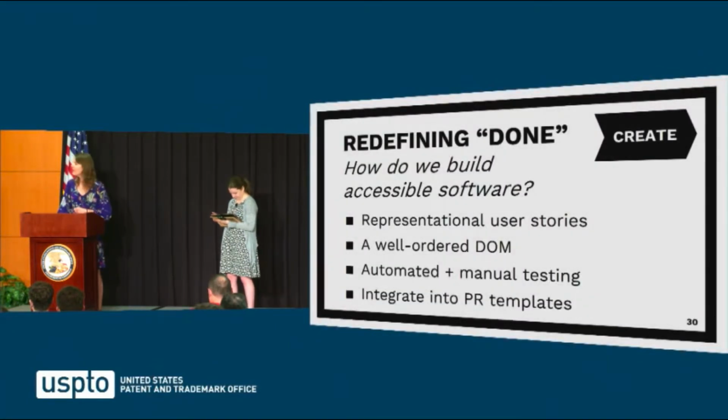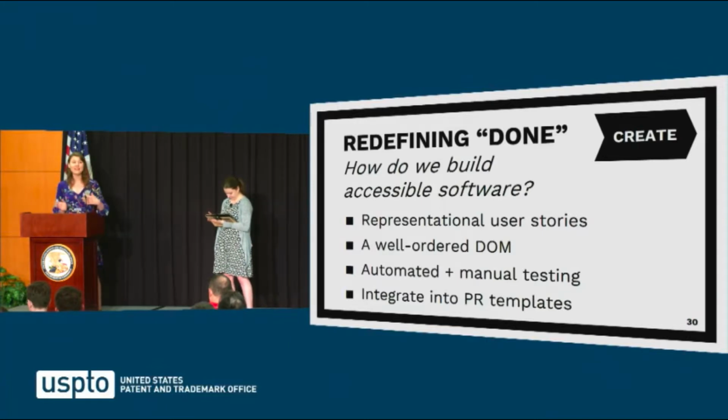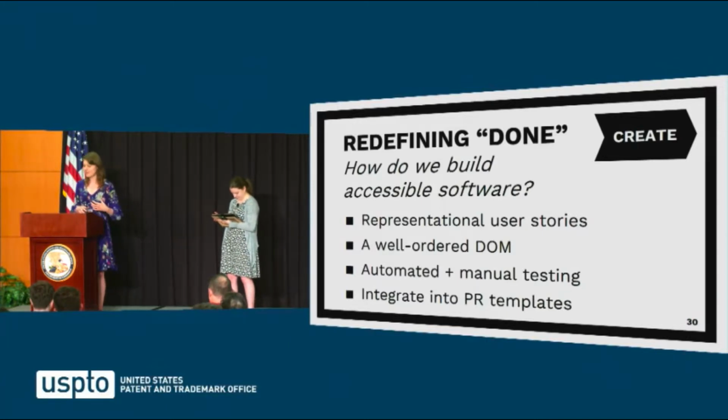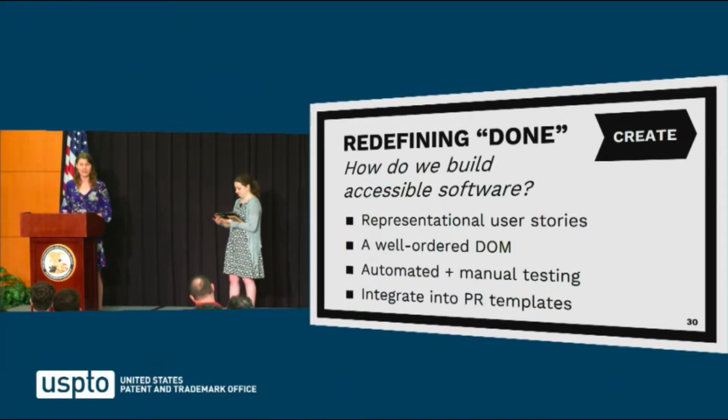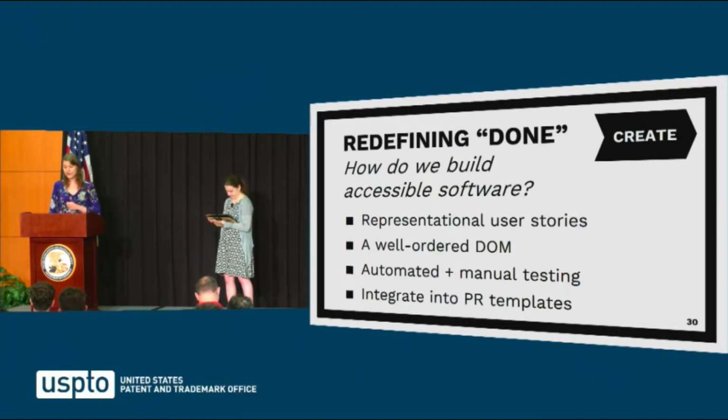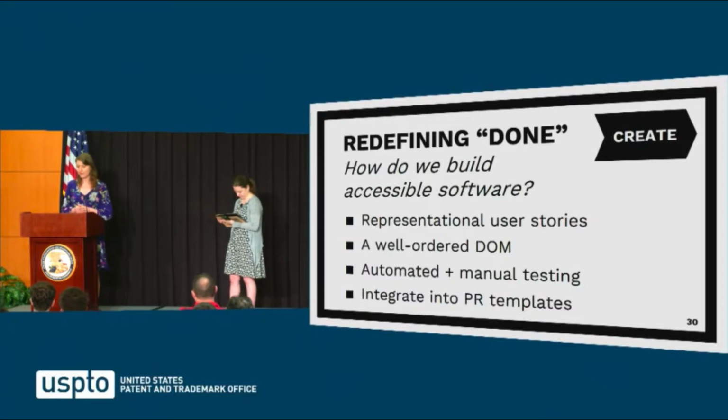Slide 30. So automated and manual accessibility testing shouldn't be left for the end of our DevOps process. This should actually begin in the create phase, with developers utilizing digital tools to help make sure that their work will meet these accessibility-minded definitions of done. This could include things like screen magnification and color inversion browser extensions that anyone can just add on their own. The W3C's accessibility guidelines are still our gold standard for assessment.